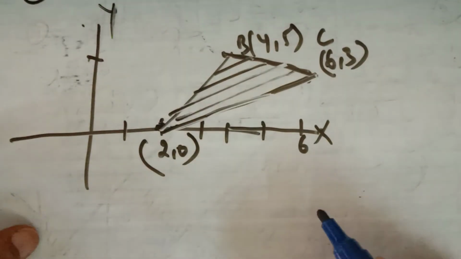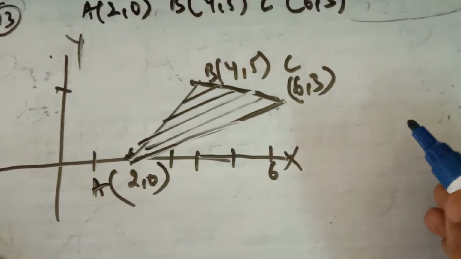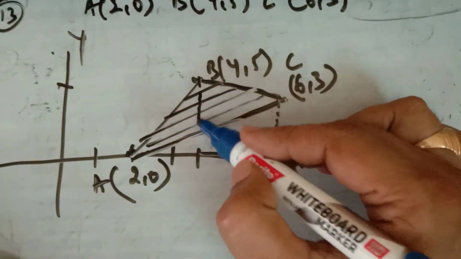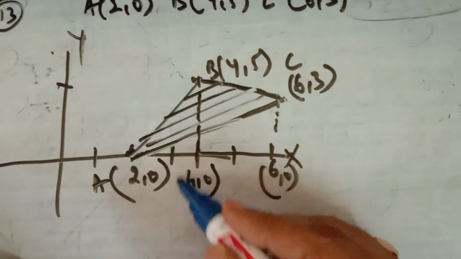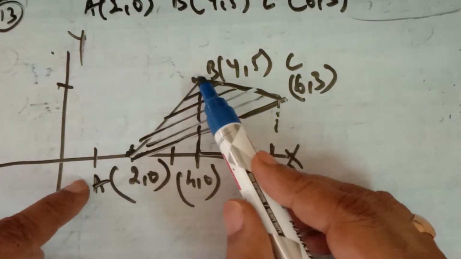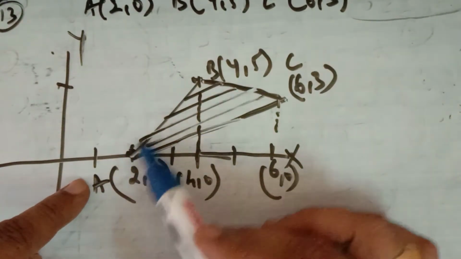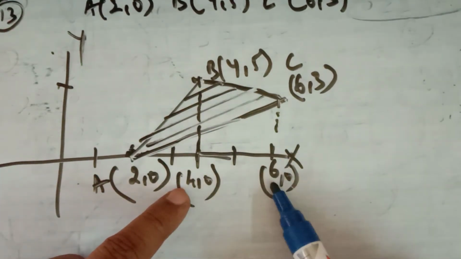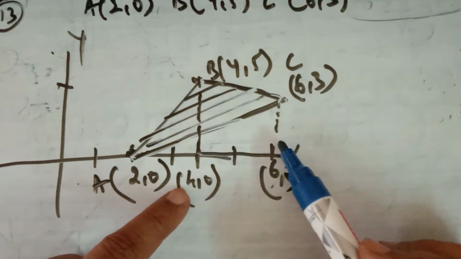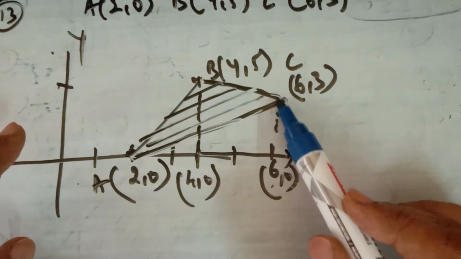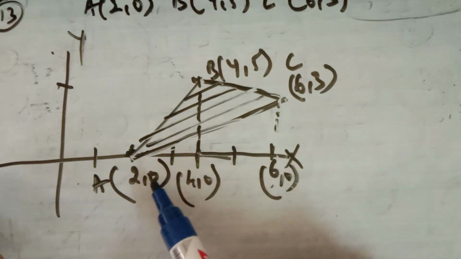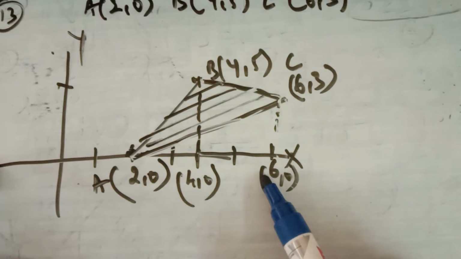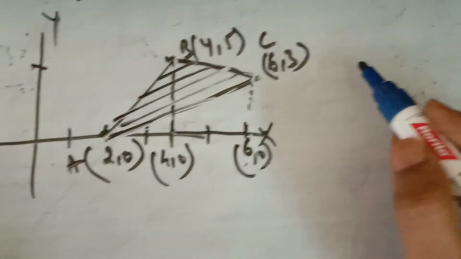Now, as usual, how can you find this area? First of all, you draw a perpendicular on the axis. This point will be 4, 0. So how can we find it? You first of all integrate AB from the limit 2 to 4. You will get this entire area touching the x-axis. If you integrate BC from 4 to 6, you will get this entire area. And this area which is touching the line AC is extra, which can be subtracted by integrating the y of AC from the limit 2 to 6. So this is the area you can easily find.